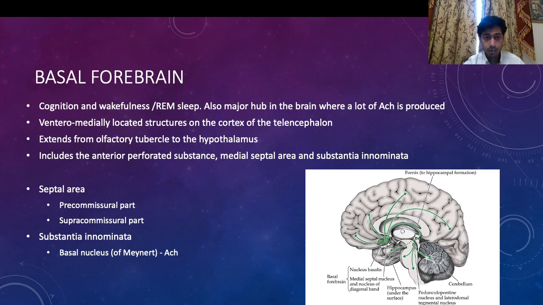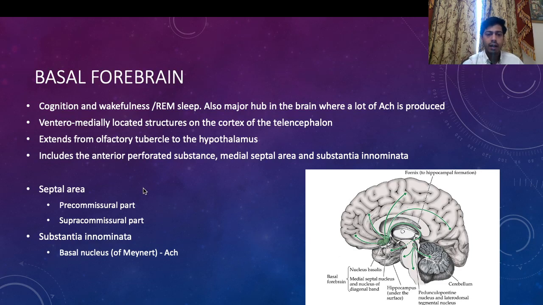So yeah, it's responsible for those two things. And it's also known that it's a major hub in the brain where a lot of the acetylcholine is produced and dispersed along in the brain. So right here in the anterior fossa is the basal forebrain,